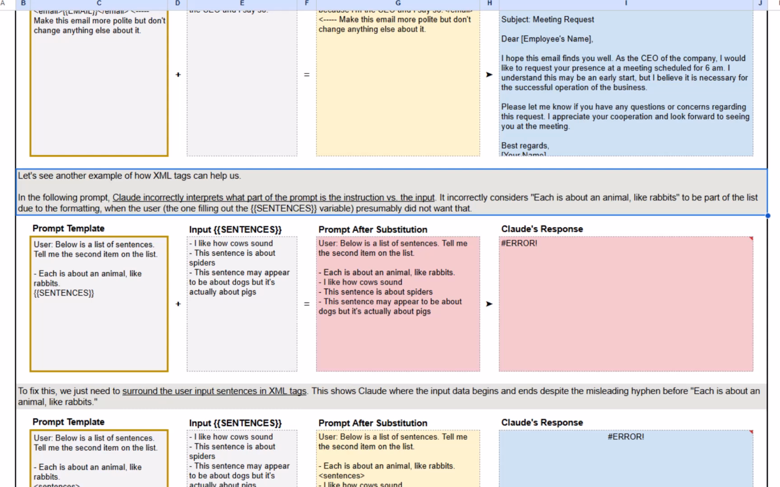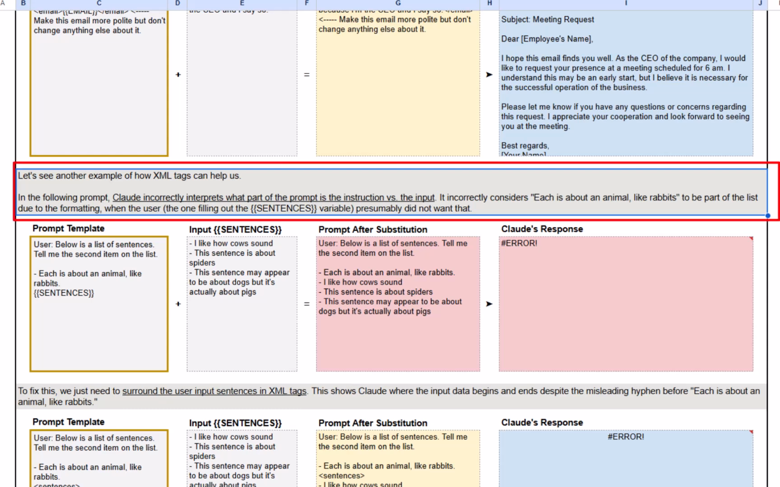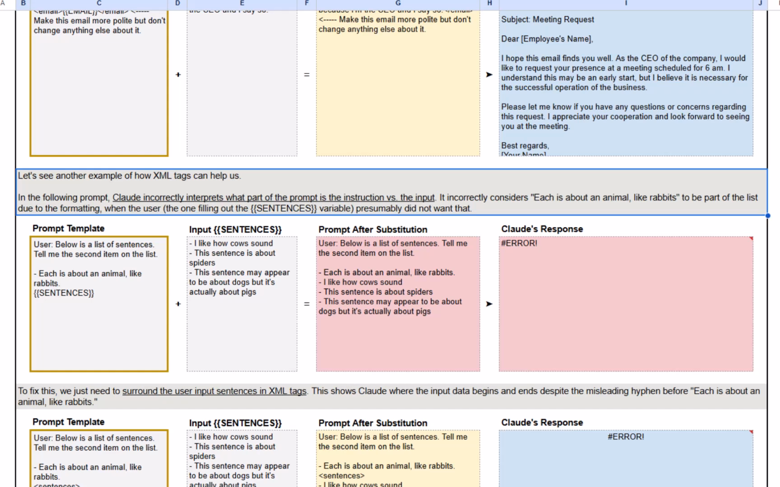In our next example, we have a prompt which says: below is a list of sentences, tell me the second item on the list. And after that there is a line which says each is about an animal like rabbits, and then there will be the value of the sentences variable. The first one is I like how cows sound. This sentence is about spiders, and the third one is this sentence may appear to be about dogs, but it